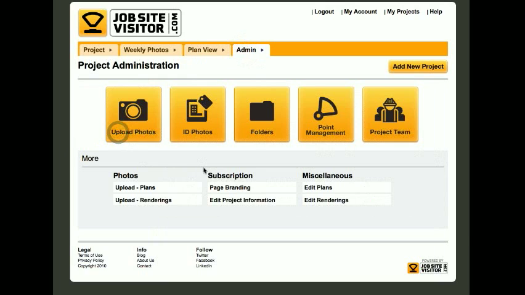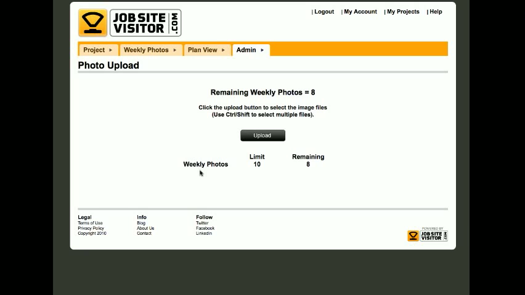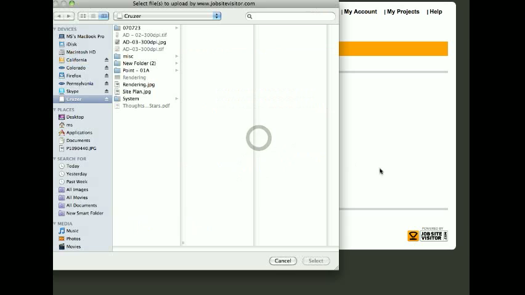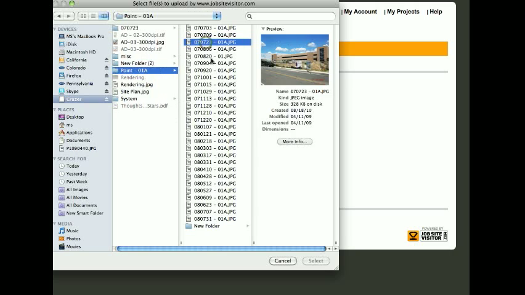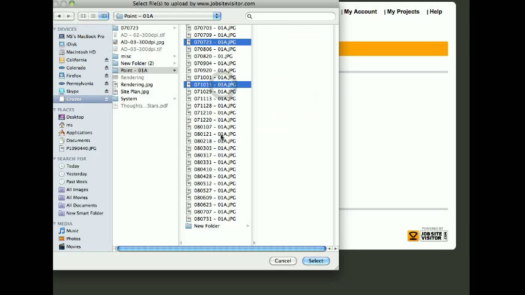We'll do that by going to upload photos. You can see here this is where your limits are stored, so we've already uploaded two images. I already have some photos for this point, so I'm just going to randomly select a few. You can select multiple images, and let's do the final one. So I'm just going to pick a few here,